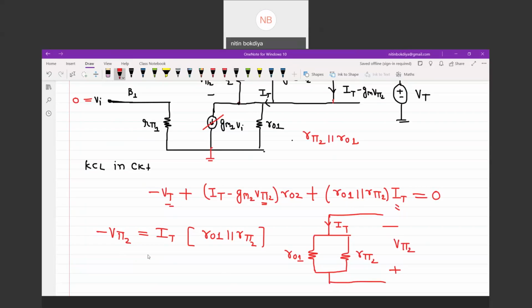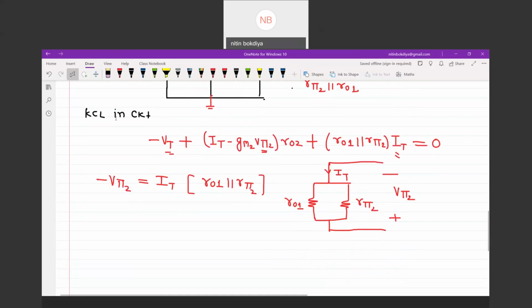So this is the relationship which we know. So I can replace it. Now the mathematics work is done, so we can do it easily. That VT plus IT. Okay, IT is acceptable because we want IT in our discussion, because we are interested in the ratio of VT by IT. Minus GM2, minus GM2 into V pi 2. V pi 2 is known as IT times of